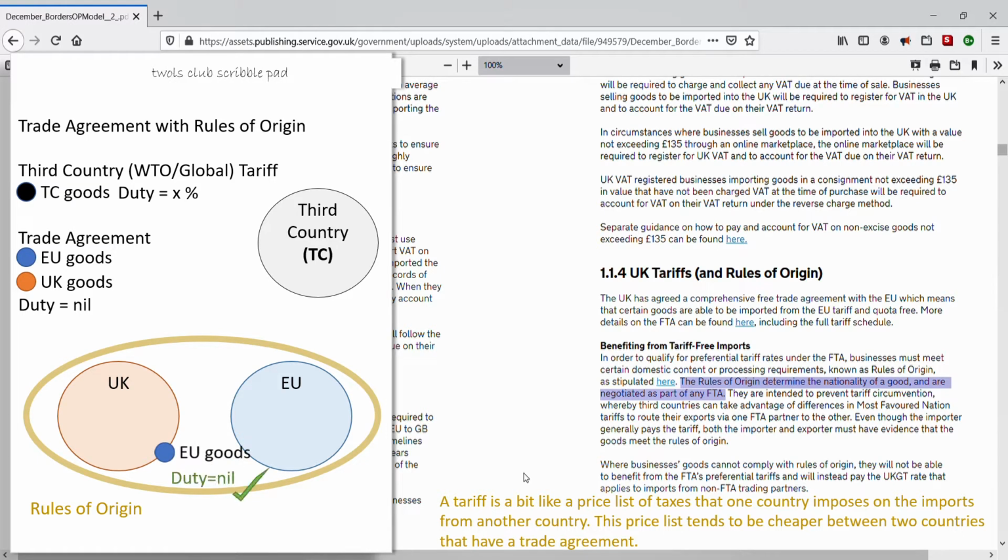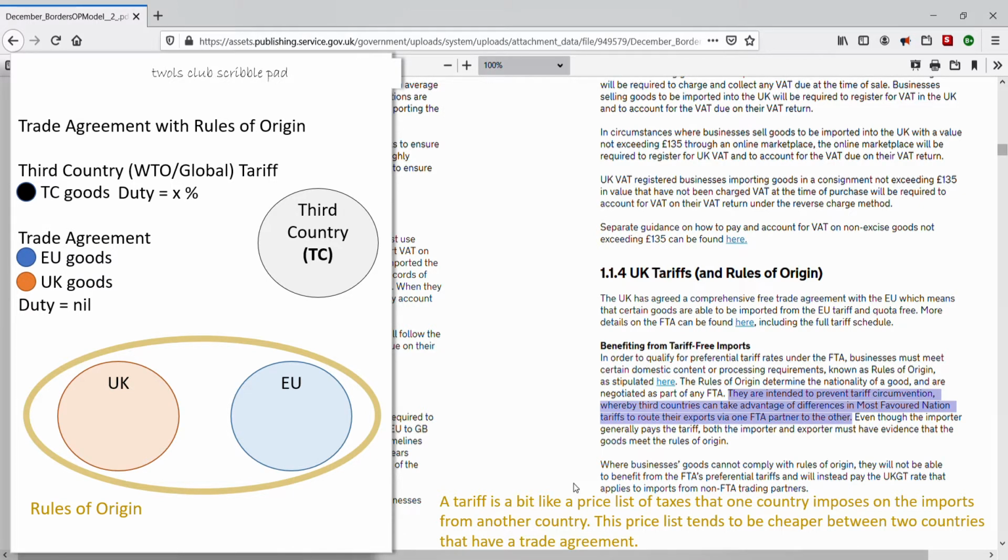But by setting the correct tariff for each goods movement, Rules of Origin also prevent traders from other countries not involved in the trade agreement from accidentally or fraudulently benefiting from the preferential tariffs only meant to serve the legitimate parties of a trade agreement. In this case, the EU and UK. But how might countries not involved in a particular trade agreement subvert a trade agreement to their benefit? Well, hypothetically, and as a throwaway example, let's imagine that imports from a third country are charged specific rates of duty, often copied from WTO tariffs, and in general, more expensive than duties set within a trade agreement.